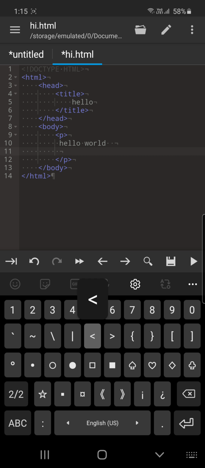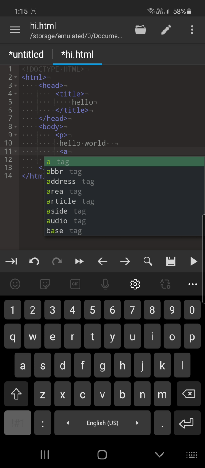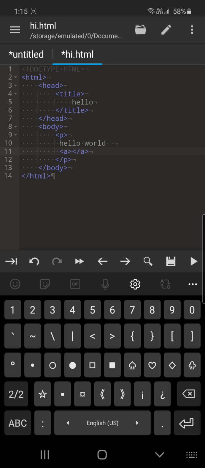So let me make a tag A. Now, A is a container tag, although we will not be studying about it right now. This container tag, you can see, it contains A normally within the angle brackets of the tag definers, and then one with the forward slash, and then everything else is normal.